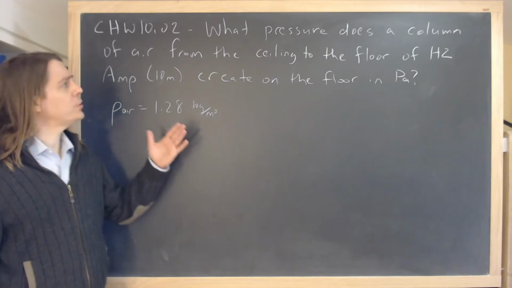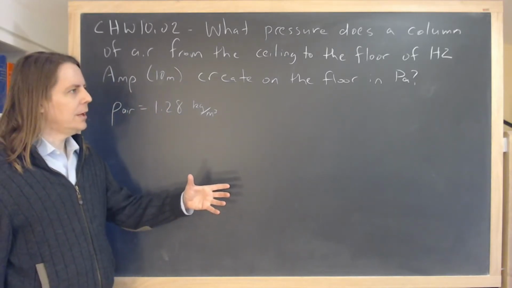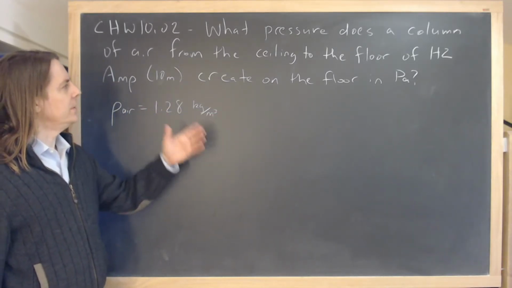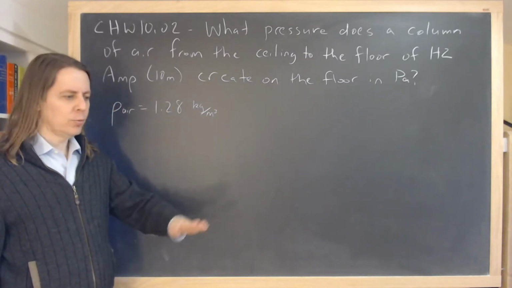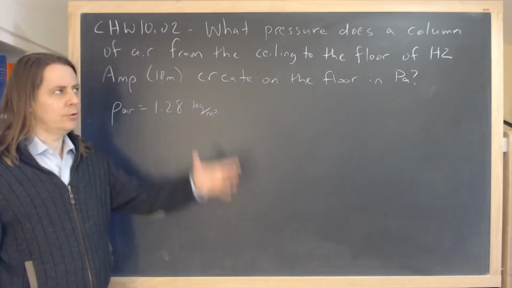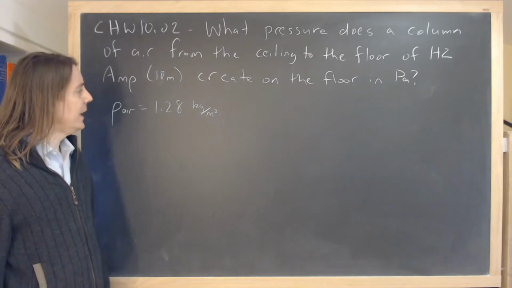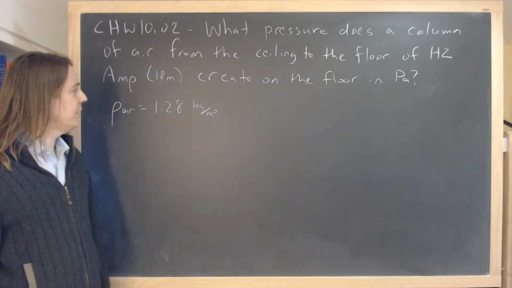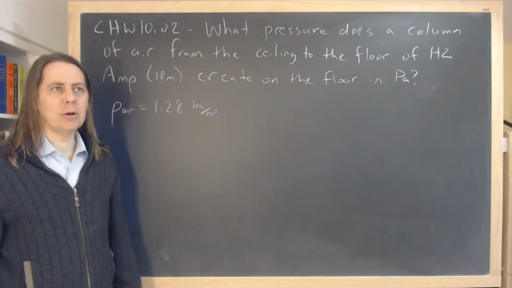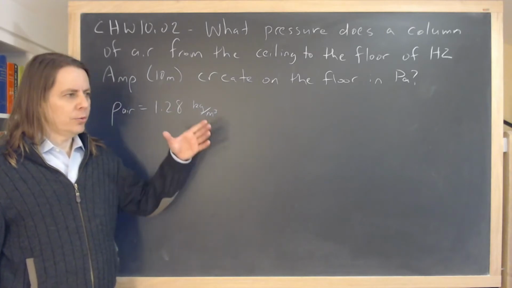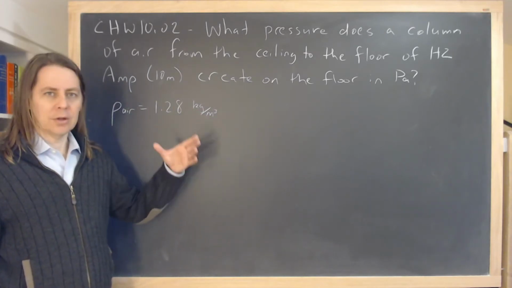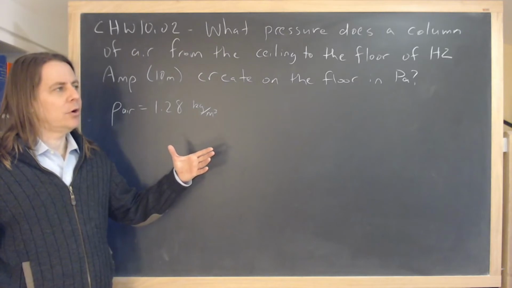Now we're asked, what pressure is created by a column of air in Herzstein amphitheater? It's 10 meters tall, and what pressure on the floor is just due to the air in the amphitheater? That's the question, and the density of air given is 1.28 kilograms per meter cubed. So the pressure in a fluid, the hydrostatic pressure, as we call it, really is just the weight of the